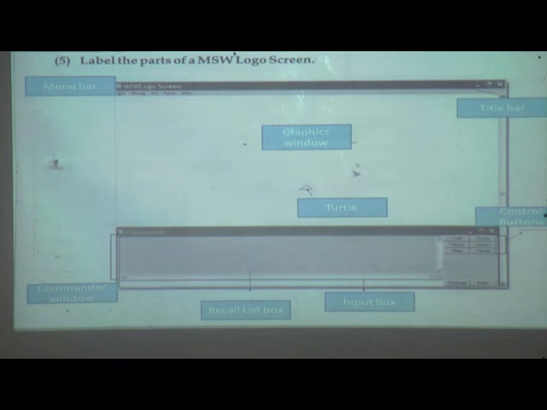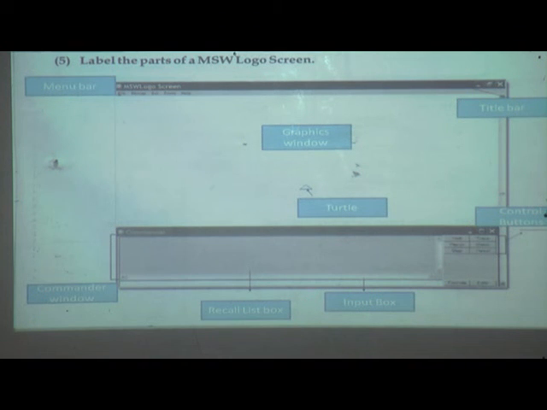Write down fast. What is the 5th one question? Label the parts of a MSW logo screen. First one is menu bar. This question you have on page number 27. Match the pairs, and the second number question is on the same page.